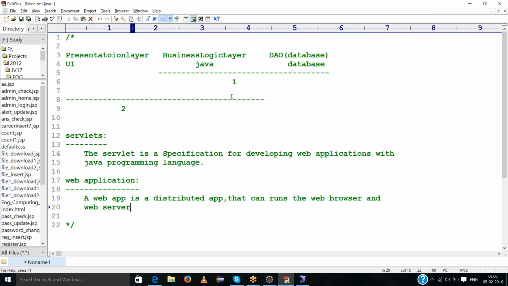The web application is a distributed application that can run on the web browser and web server.